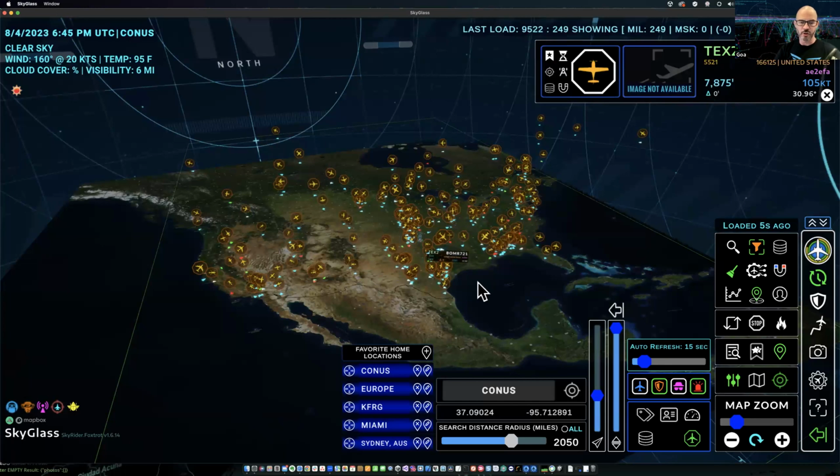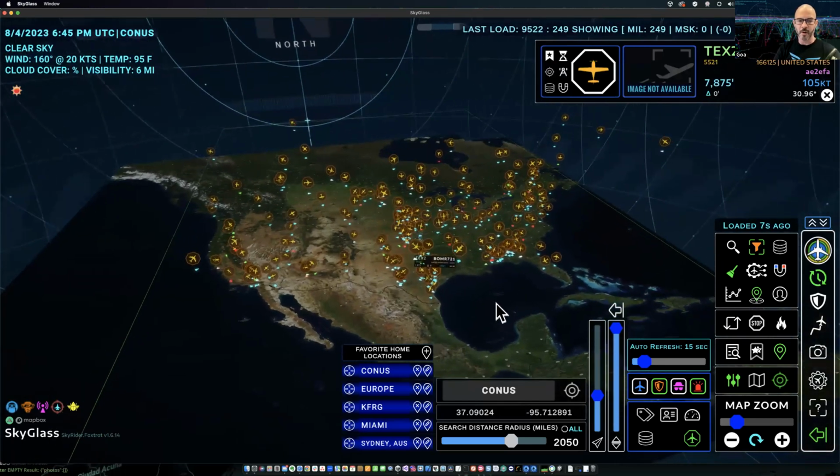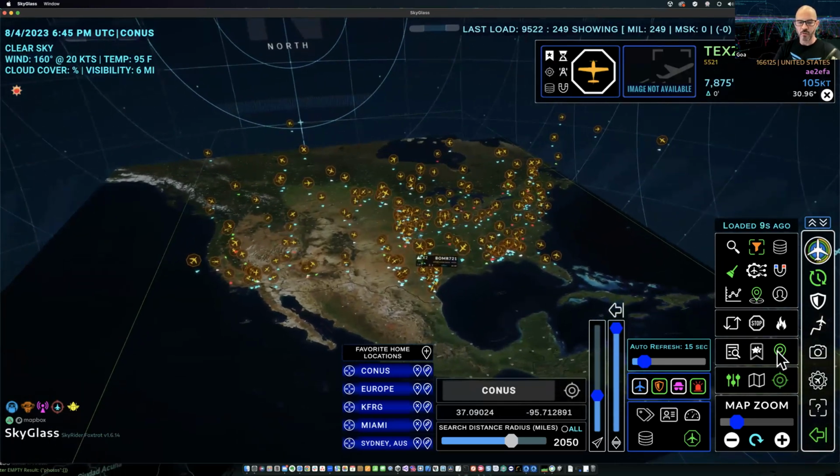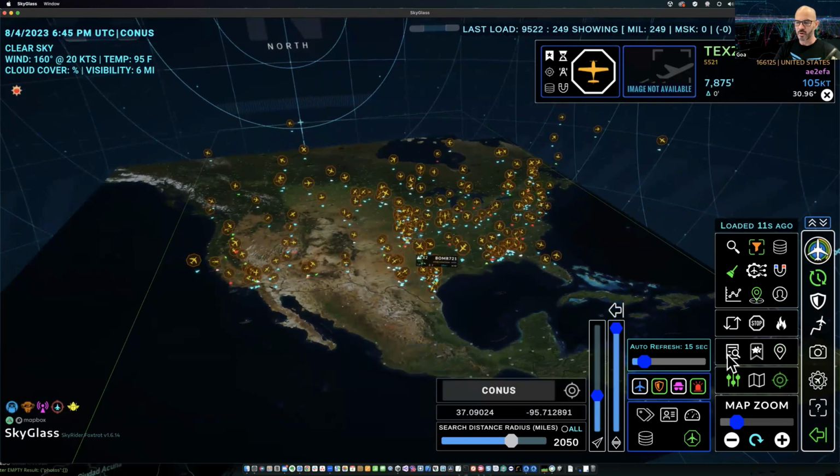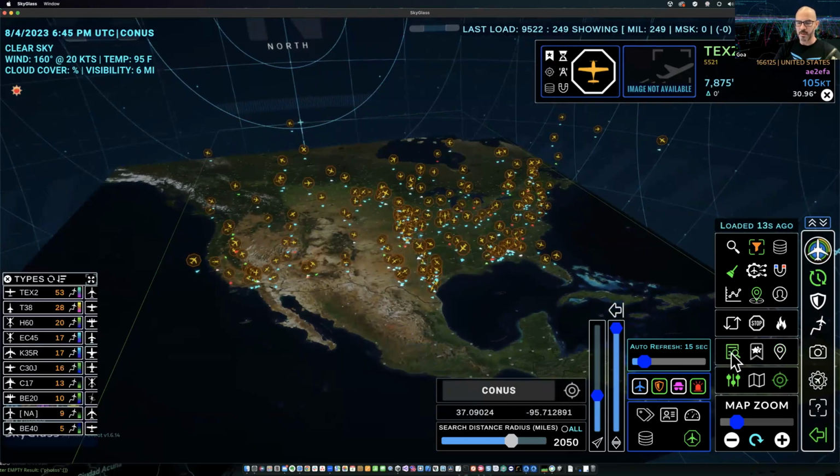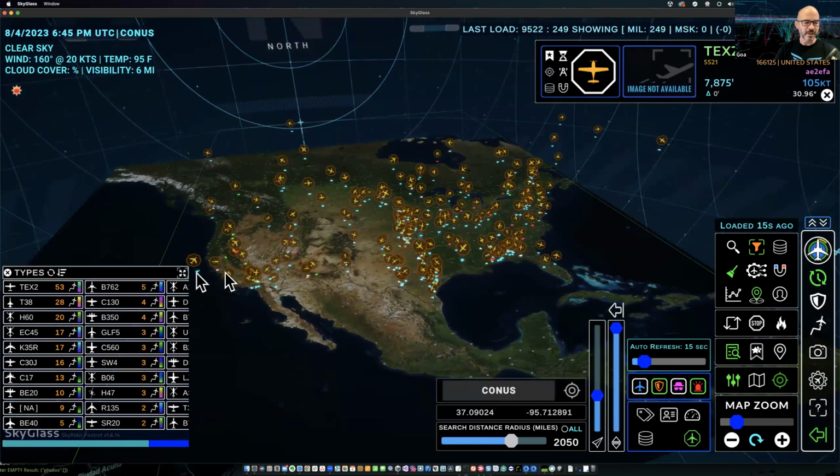I'm sorry, orange, sort of the standard military number. Okay, color. So let me turn off the favorite locations and turn on the type list panel. Now the type list panel